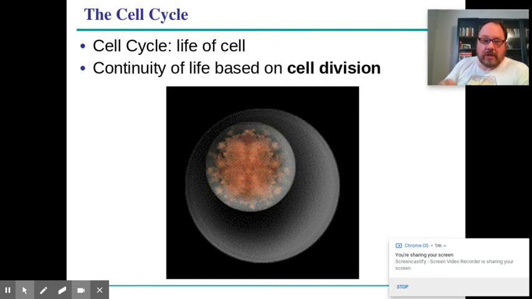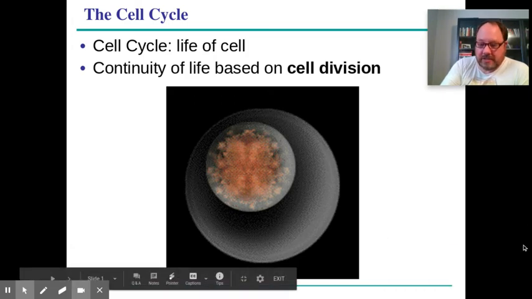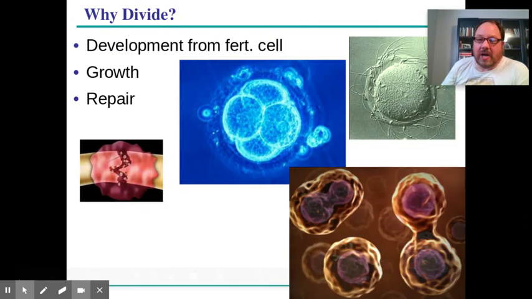Okay, so the cell cycle refers to the entire lifespan of the cell. Cells actually spend most of their time not dividing. They're doing their cellular work, right? But cell division does comprise an important component of the cell's lifespan. So let's jump into looking at why cells might divide. Again, as you sit here, you're made of trillions of cells, but those cells are descended from one cell, the zygote, that began your existence. So to grow and develop, you do that by adding cells.